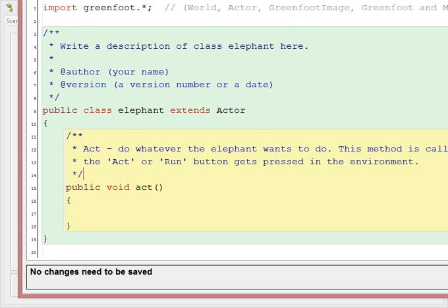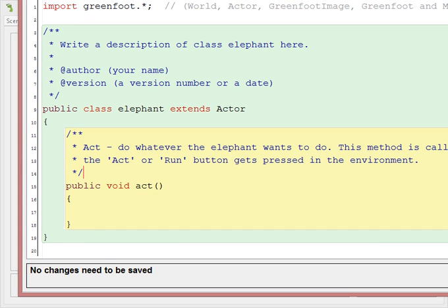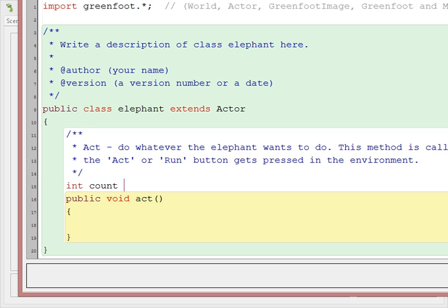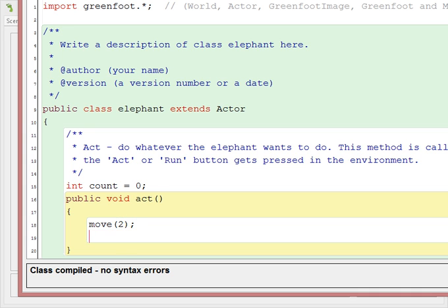To animate something, we need to make sure that we can count the number of times act has been called. So in order to do that, we do integer count equals 0, semicolon. That's very important to have a semicolon there, because without a semicolon, the line doesn't end. We're going to have it move forward a little bit every single time. So let's move forward by 2 this time. I'm going to move forward by 2, and as we move forward, we're going to get it to